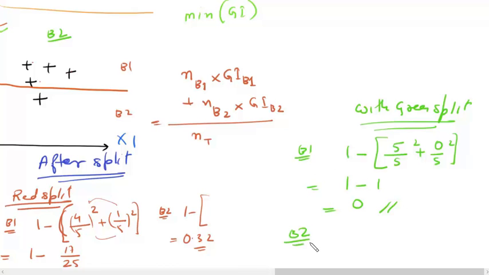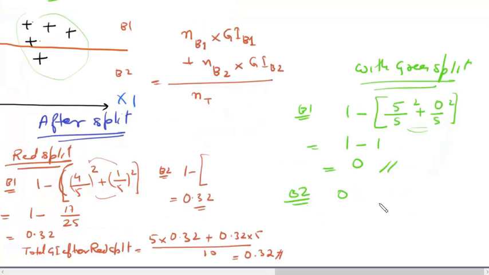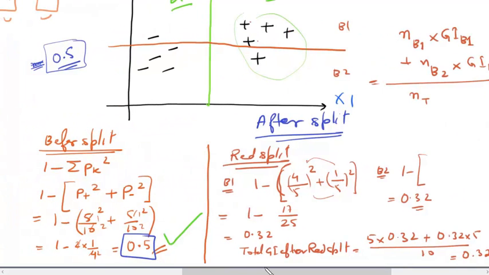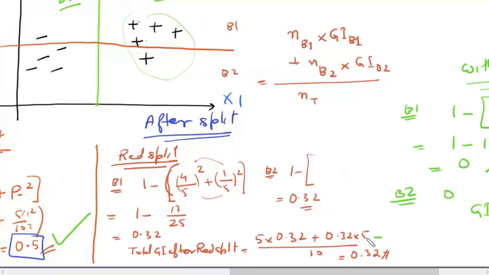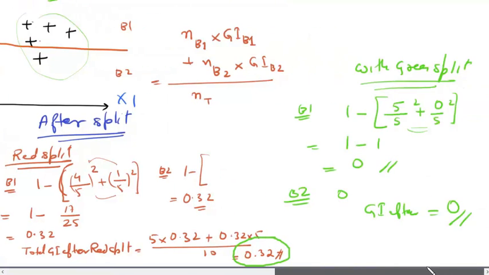Similarly, if you calculate for bucket 2, bucket 2 has only plus points. So again this will interchange and I will get another 0. So the weighted average of 0 and 0 is again 0. So the Gini index after the green split is 0. Now what do we see? We started with a Gini index of 0.5, and the red split gave us a Gini index of 0.32, which is less but not the least, and the green split gave us a Gini index of